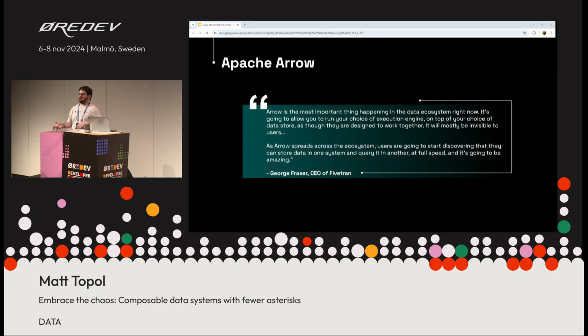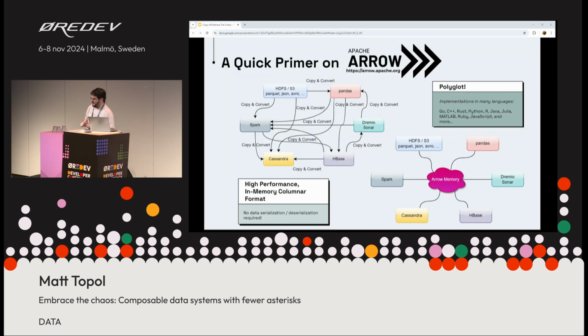It's a lower level standard because it's a memory format. And many of you probably are utilizing tools and utilities that integrate Arrow, but they aren't shouting it or anything, because you're not using it directly, you're using it indirectly through them. And so to get us all on the same page before I go on my little tangents here, a quick primer on what Apache Arrow is.